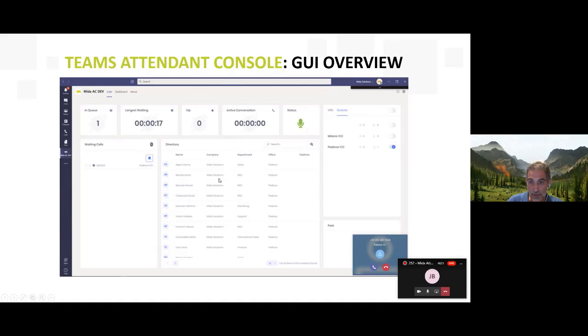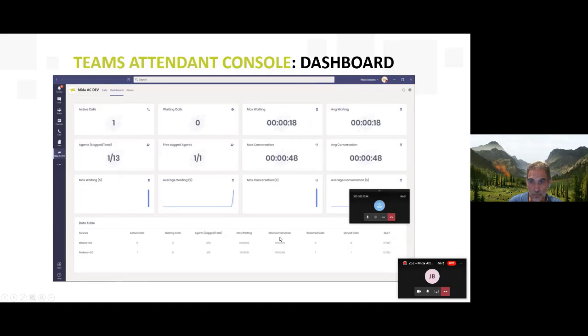As you see, this has been taken as a screenshot. We have one incoming call, and you see here in the bottom right corner the pop-up from the native Teams client saying that I actually have a call arriving, and you have the possibility to answer this call or to hang up the call. In the same situation, if I switch to the Supervisor Dashboard as I defined it before,